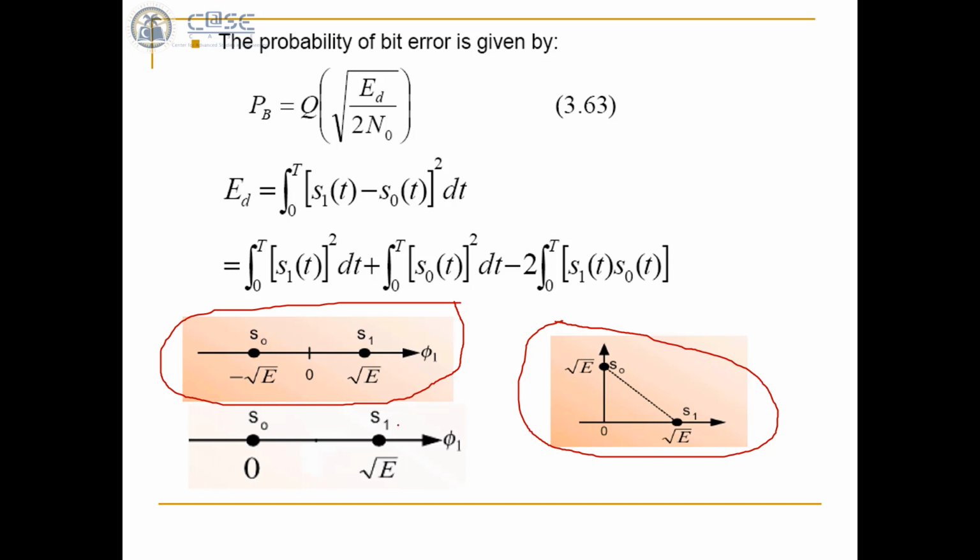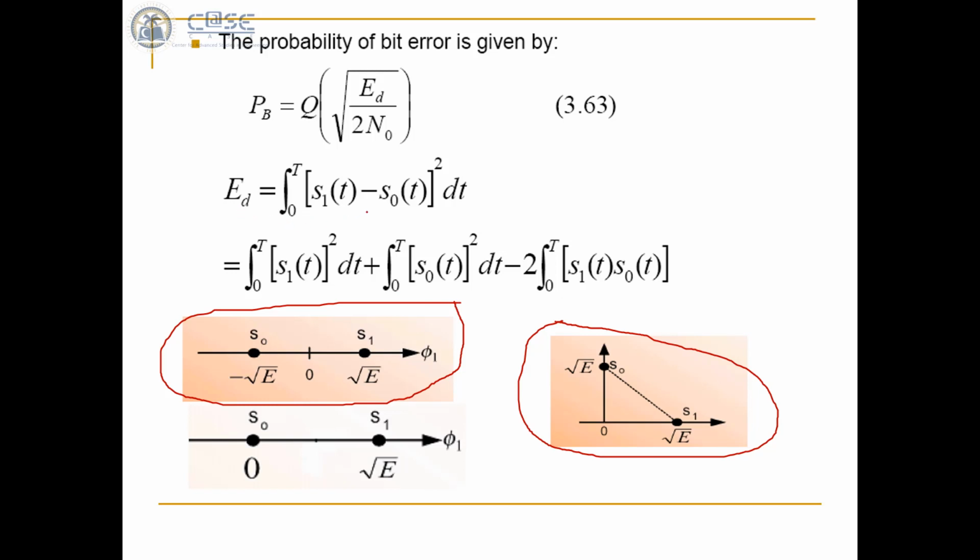And lastly, another signal class which we call unipolar signal class, in which one of the signals is 0 and the other signal has some energy E, right? It's like on-off signaling. You send something for the on period, and then you send nothing when the transmitter is turned off. So we are going to see how we can further compute the probability of error expressions for these three signal classes. For that, we are going to express our ED, which is the energy difference,